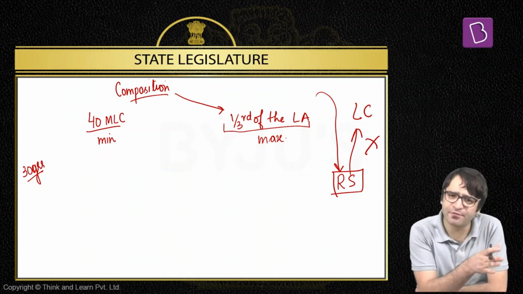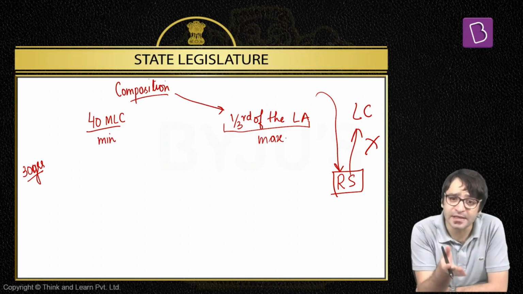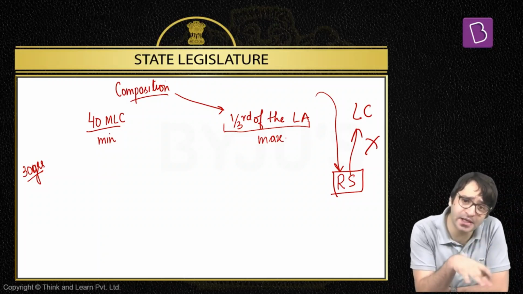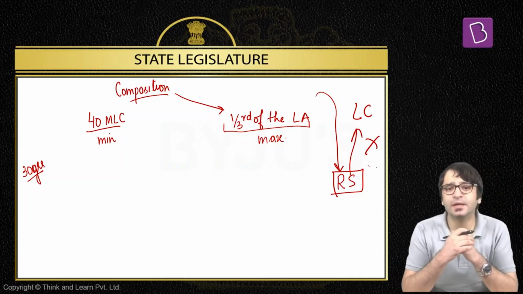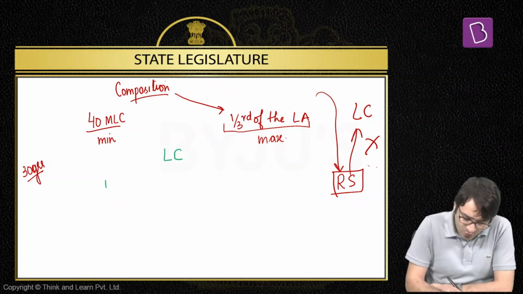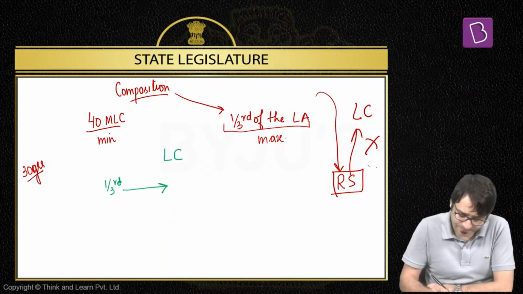Because for legislative assembly, if you are 25 years of age or above, you can contest Lok Sabha election, you can contest legislative assembly election. Similarly, if you are 30 years or above, you can be a member of Rajya Sabha. Similarly, if you are 30 years or above, you can be a member of legislative council. But the legislative council, its composition is different from that of Rajya Sabha. How? If this is legislative council, 1/3 of the members of legislative council will be elected by state legislative